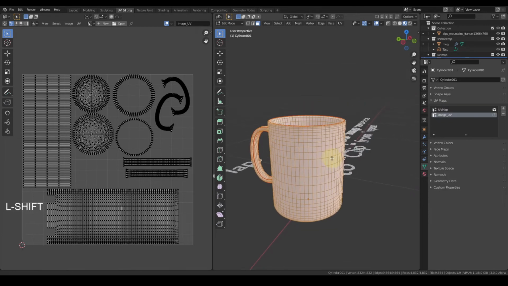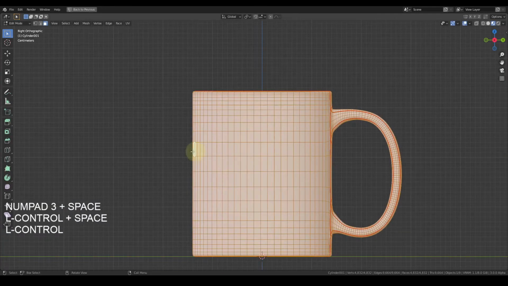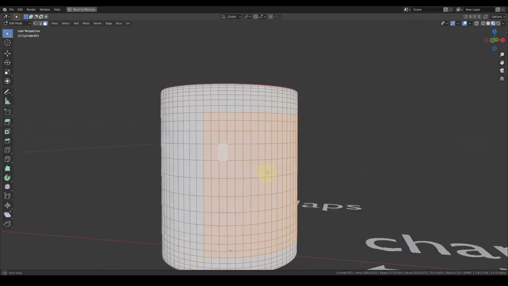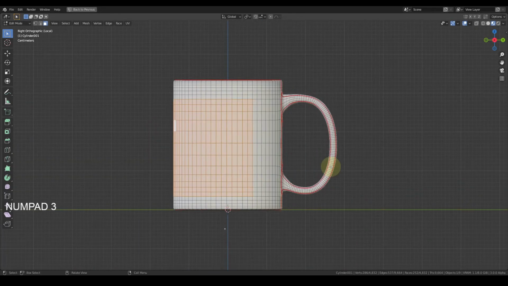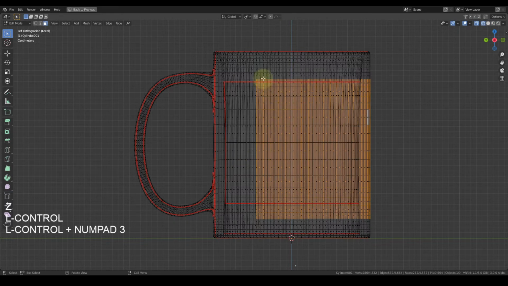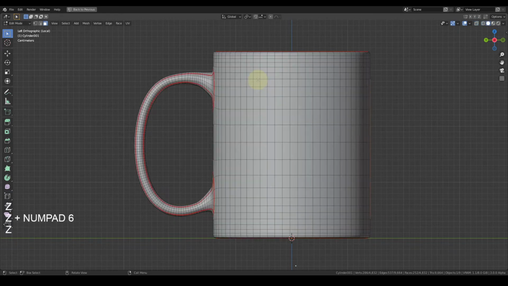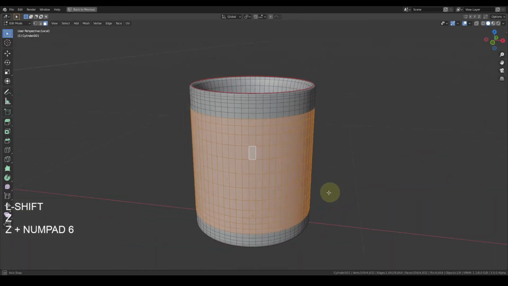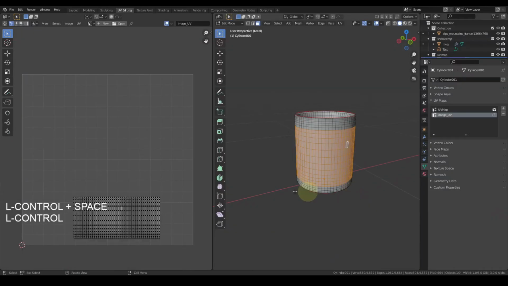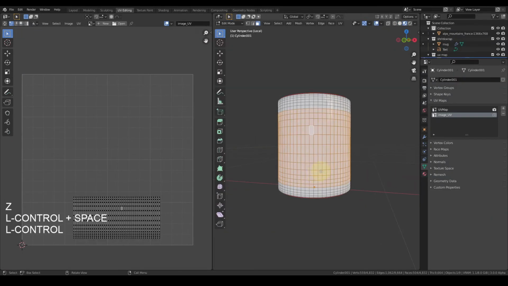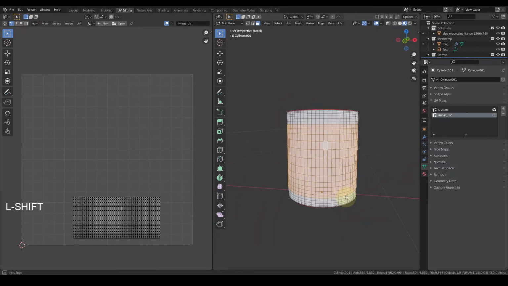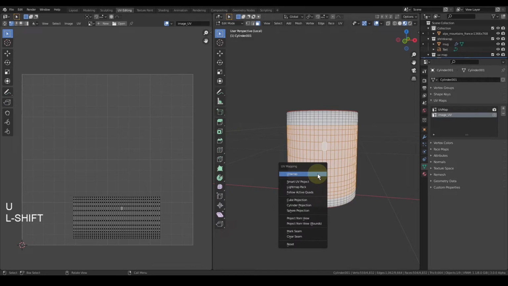Now what we want is, suppose again I'm going to press 3 on the side view and I'm going to select some faces like this, and then I'm going to go Control 3 to the other side. Okay, and I'm going to select these faces. Okay, so I have these faces. Just follow what I'm doing. I'll explain everything later on. So you've selected these faces. Now we are going to unwrap by pressing U, unwrap.